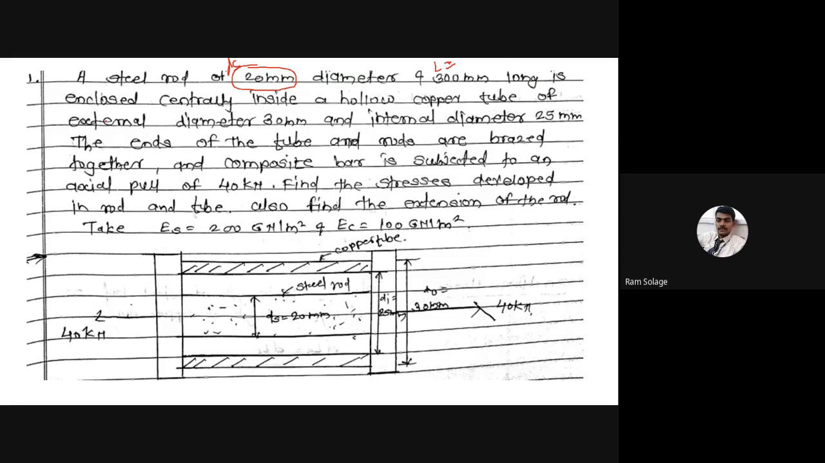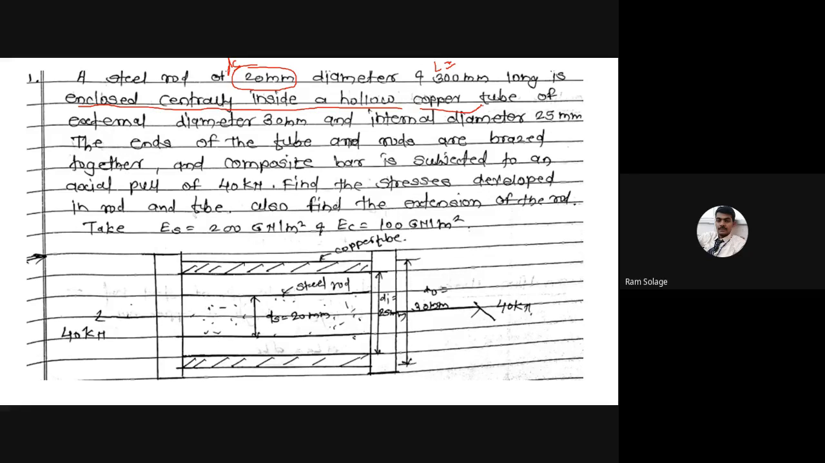Is enclosed. Now everyone please concentrate on the problem. I will read the problem. A steel rod of 20 mm diameter and 300 mm long. With the help of this sentence, I got the value of ds and capital L. ds means the diameter of the steel rod and L means the length of that rod. Now, is enclosed centrally. This is very important. Enclosed centrally inside